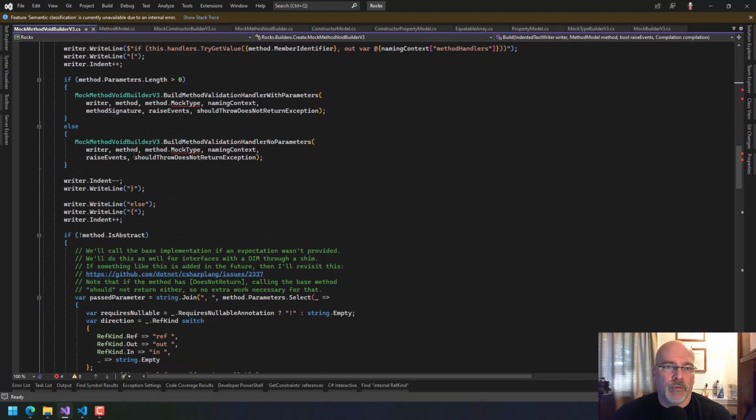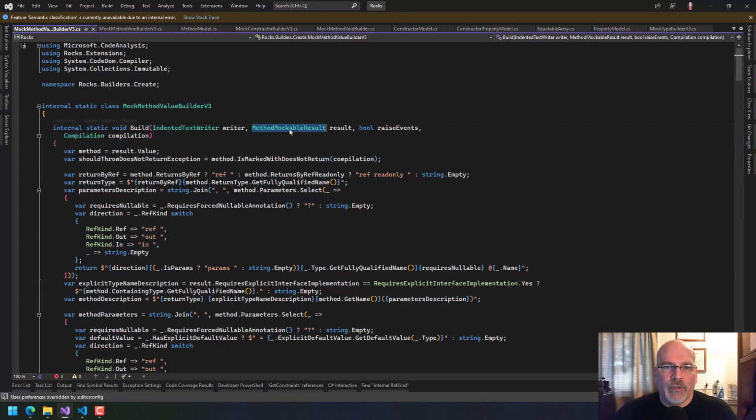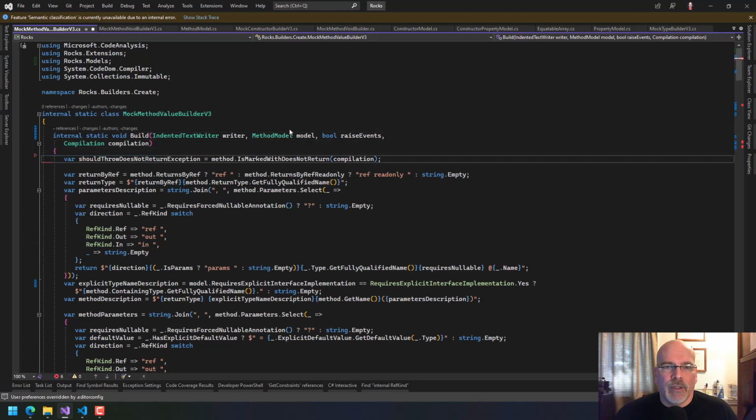We're also going to do the void builder. And then if I come in here, we should see the value builder. And let's just change this right now to being method model because we don't want to be screwed up like we did last time. And then we just take that off. And so a fair amount of these, like I could go through these right now, a fair amount of these are already going to be easy to fix, but I'll leave that